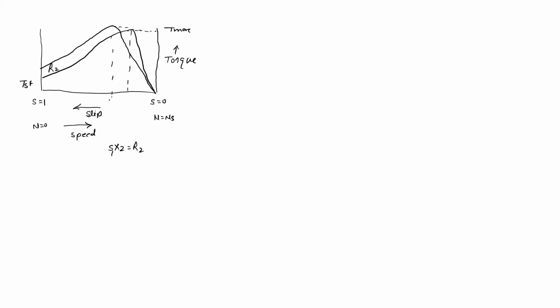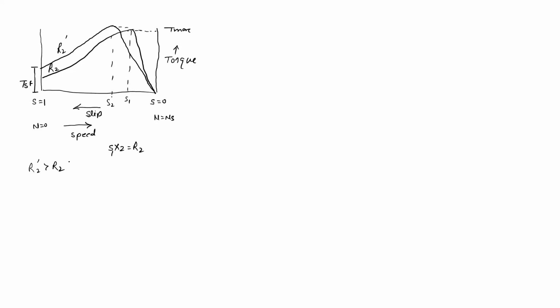For this torque it is S2, and this is for S1, whereas the starting torque of induction motor is higher for the rotor resistance R2 dash, where R2 dash is greater than R2. It means that if high starting torque is needed from the squirrel cage induction motor, the rotor resistance should be increased. But what is the difficulty in increasing the rotor resistance?